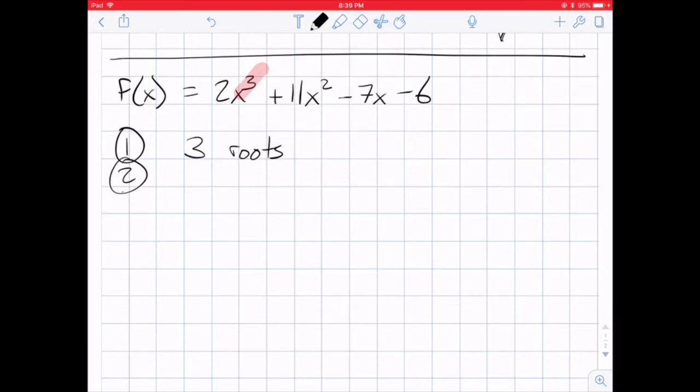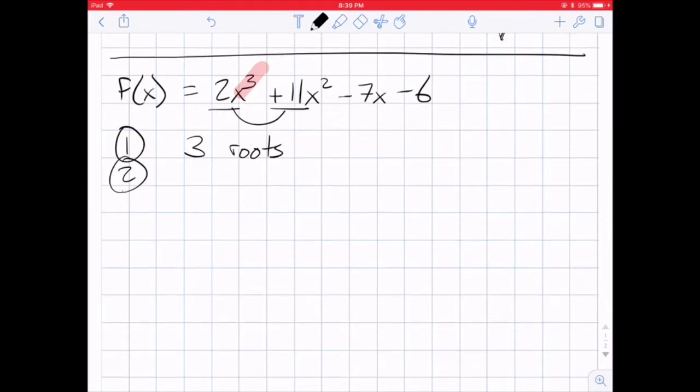Looking at the polynomial as given to us, the first term is positive. We move to the second one, it's still positive. We move to the third term, and then we have a sign change, so that's negative. Then we move to the last term, and that's also negative. Descartes' rule of signs says that because there is one sign change there, there is one positive root for this